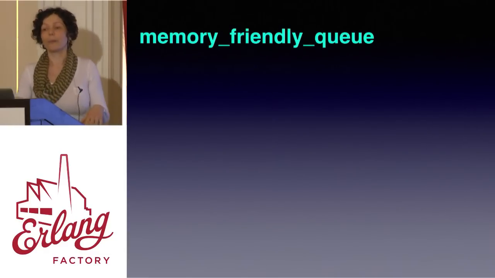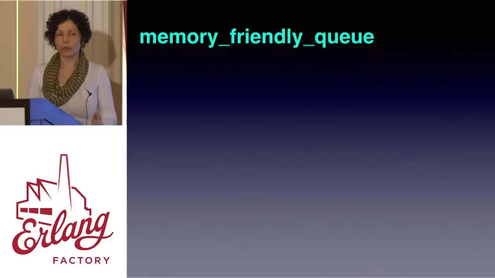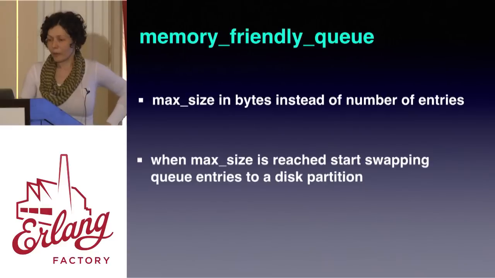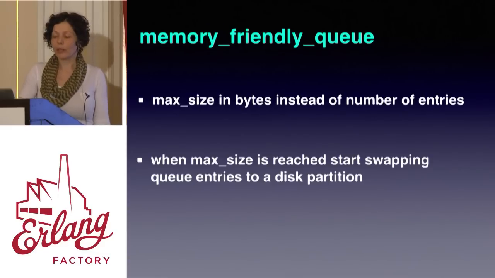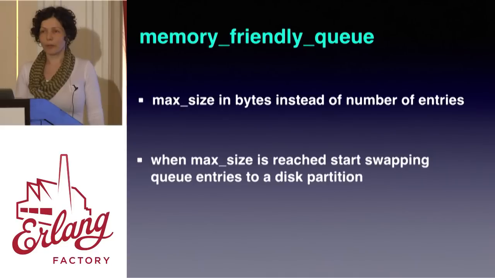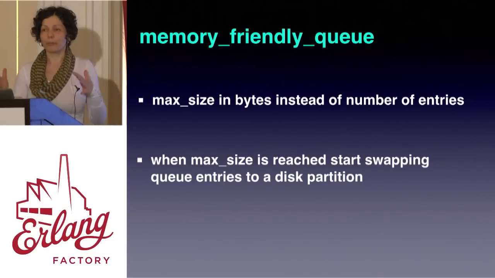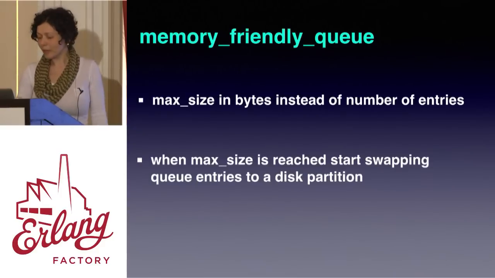It's perfectly easy to write your own queue with jobs. It provides a jobs queue behavior, and we're going to write our own queue called, let's say, memory friendly queue. That one is going to have max size in bytes instead of just size in items in the queue. And if it's necessary for us to not drop any requests on the floor, we can even do stuff like save the request to disk when the queue gets full. We can do anything to cater to our business needs.